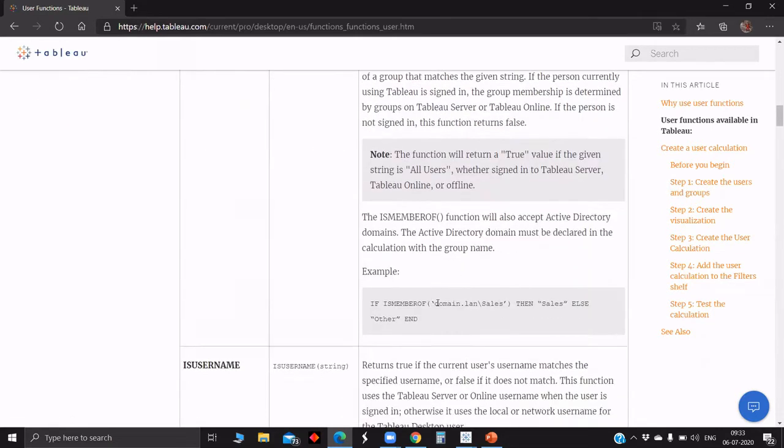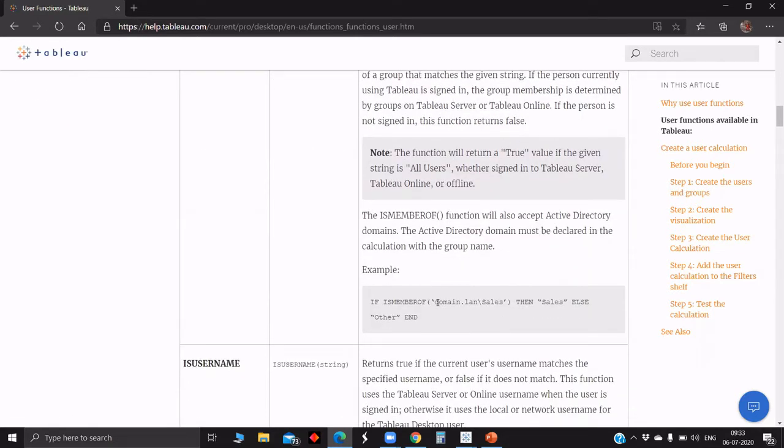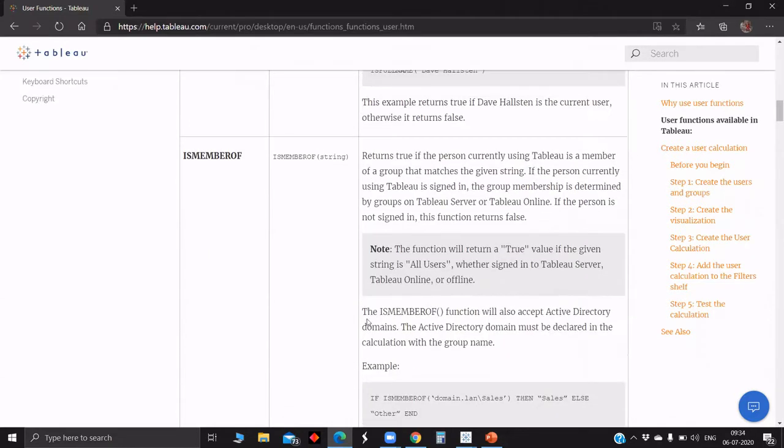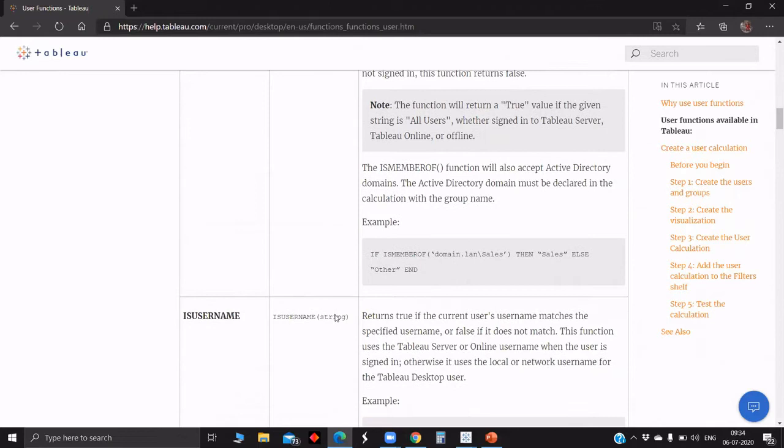As you can see here, the input is given, then else other. So basically it's more of user related stuff. It will return true if the user is a member of the group, whether signed into Tableau Server online or offline. By using this, we can find whether the member is of the input you have given.